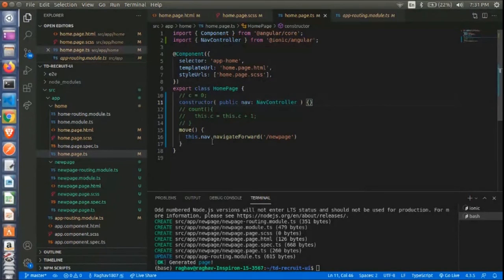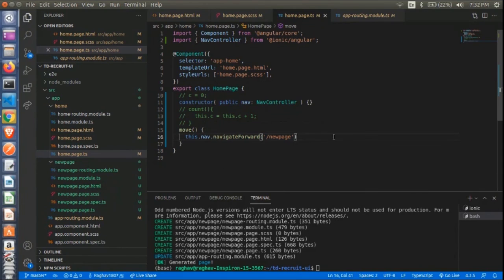Now to navigate to the new page, since nav is located outside the move function, we will have to first specify this dot so that we can access nav. So this dot nav, and then we specify the function in nav called navigateForward, which helps us to navigate to any page that we want. Now this is the route of the new page.